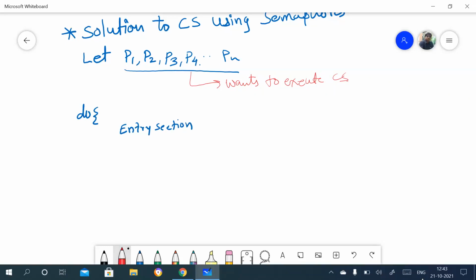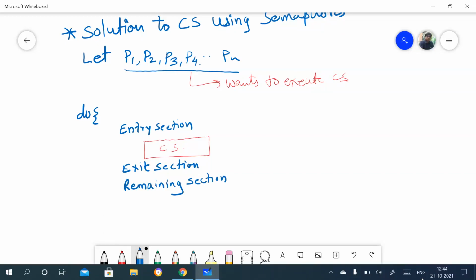And suppose here the critical section and exit section code, and again here the remainder section, while true, right?